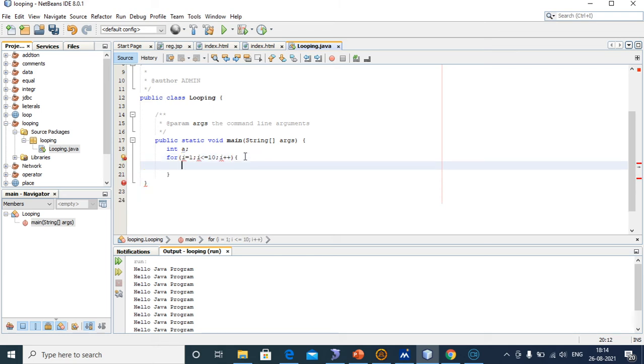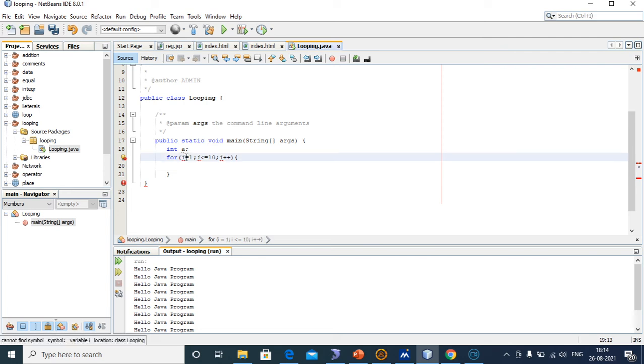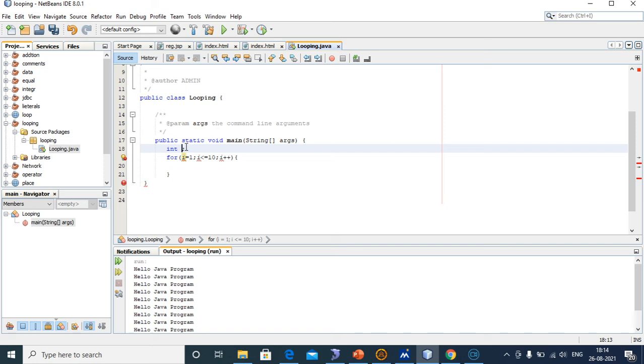In that for loop, I will give the condition if i double equal to 5. After that, the break statement will work.